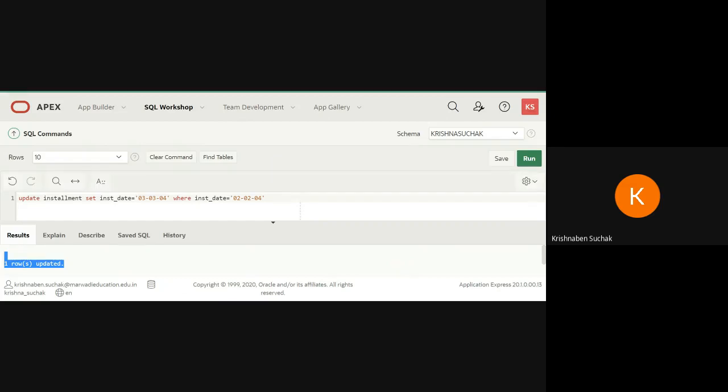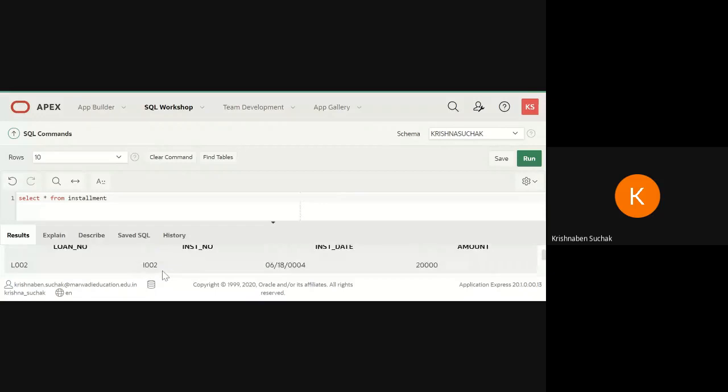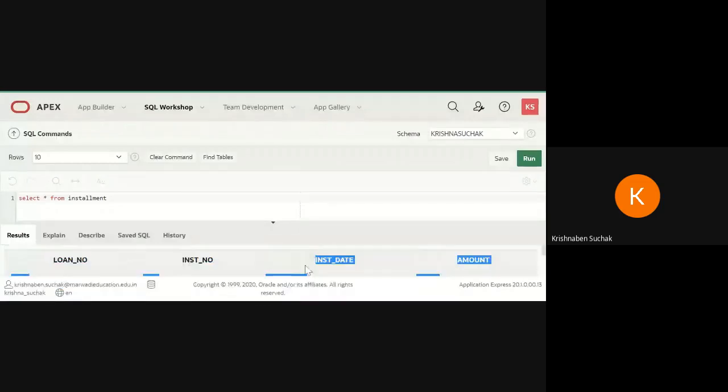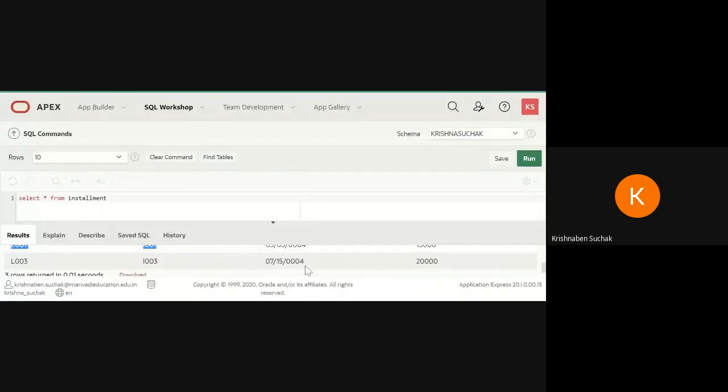So here let me check whether it is updated or not. It is updated, right? Previously it was 2nd February. Now it is 3rd March. Okay, you can see that here.